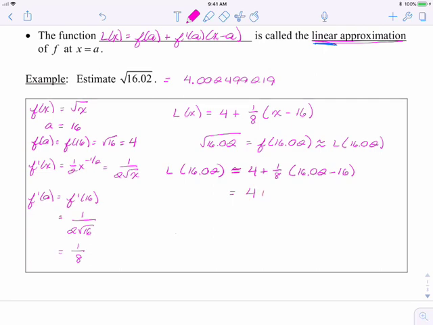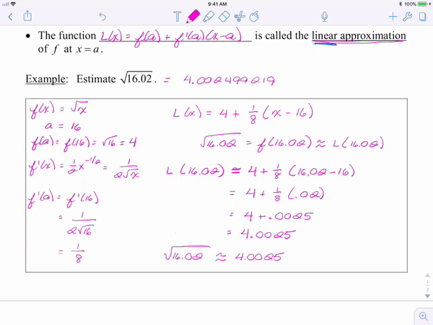Now, if you wanted to finish this, 4 plus 1/8 multiplied by 0.02, and 0.02 divided by 8 is 0.0025. So when we add, 4.0025. So the square root of 16.02 is approximately